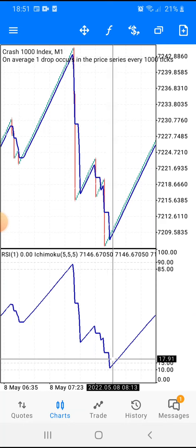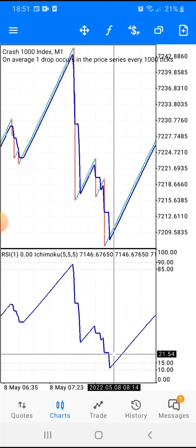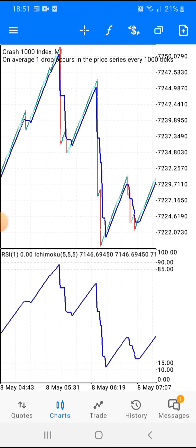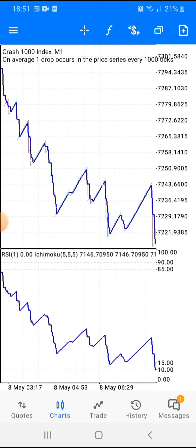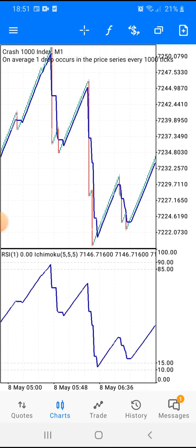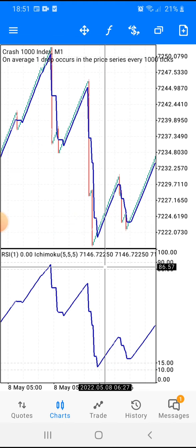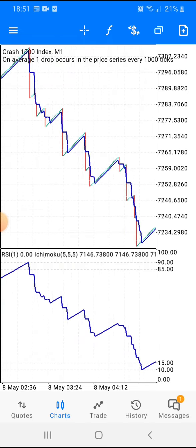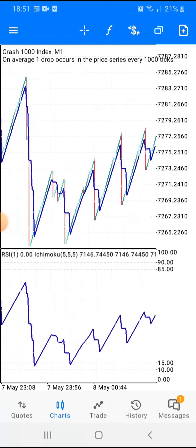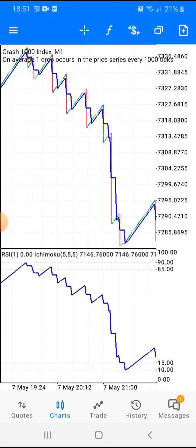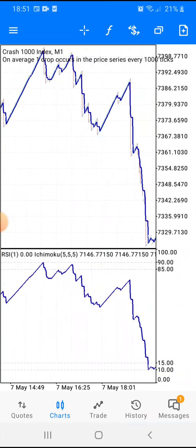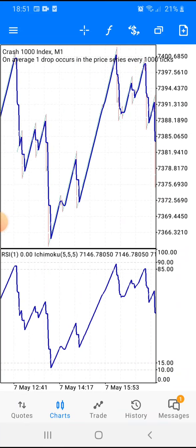Per day you have multiple opportunities to use this strategy, and you will not be in any loss, I'm telling you. As long as you make sure that you are zooming in your charts, then you only zoom out to check on the main chart if there is a crossing. If you can do that, you will not be in any loss. This strategy is powerful. It's very, very powerful, I'm telling you. And if you're looking forward, I will explain in the next videos